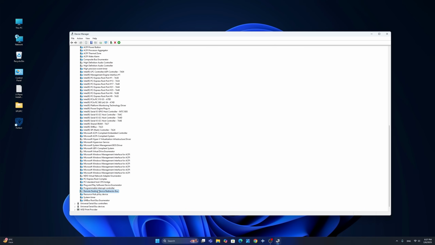Now, just again, a very quick recap. Disabling these devices is not going to improve performance in this sim, but it will release some of the system resources and make them available for your simulator to use, with the exception of the Microsoft Virtual Drive enumerator, which